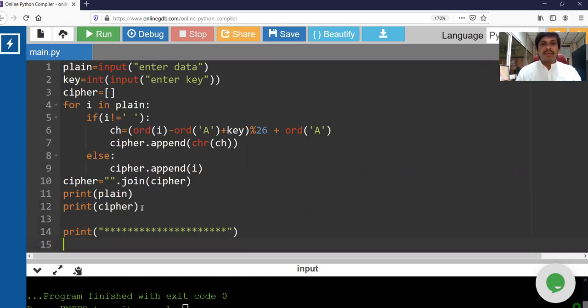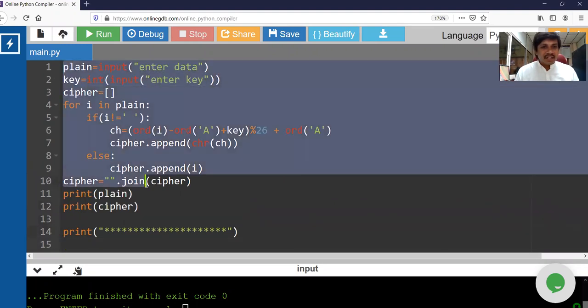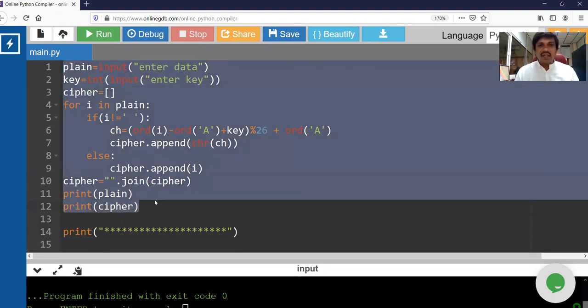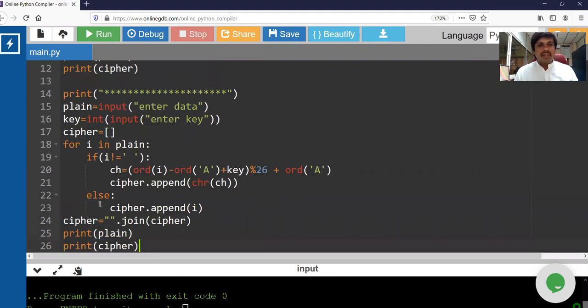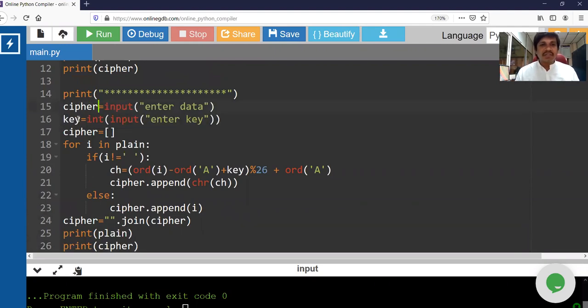That is the part about the stars, the encrypt operation, and decrypt is very easy: just copy and paste the encrypt operation. Now you are supposed to read what? Ciphertext. Read ciphertext, read key, and get the plain text. So all the plain will be converted to cipher and cipher to plain.